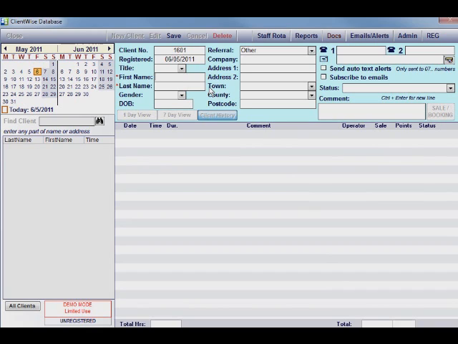Again, that is useful to know because you can then produce reports showing how many new clients you've had over a period of time. Under the registered date, we've got the title field, so we'll just select a title for this new client. So Mrs., and then we'll put in their first name, so Sarah, and then we'll tab or press the enter key to move on to the next field, and then we'll put in Lewis as the